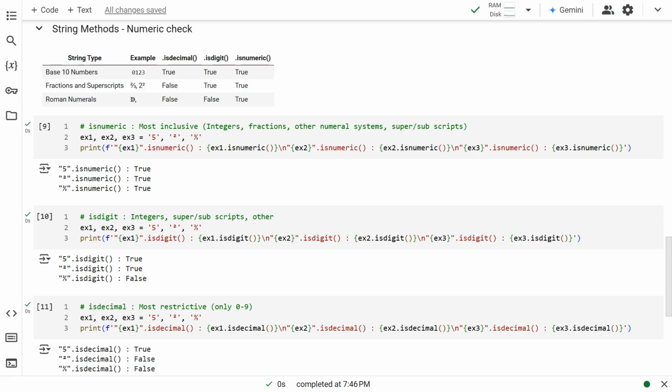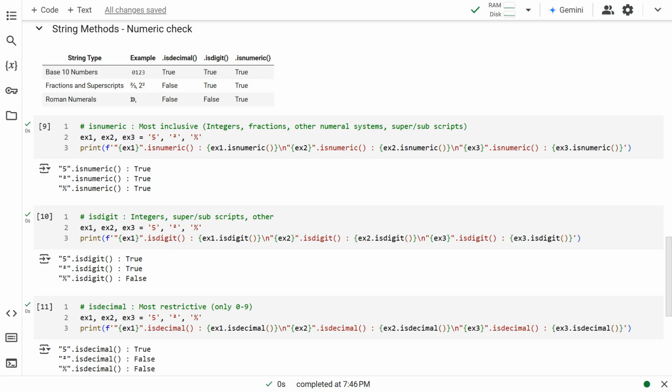The isdigit method recognizes fractions, superscripts, and subscripts. It does not recognize other numeral systems. But the isdecimal method recognizes only base 10 numerals, that is, the digits 0 to 9. The isdecimal method is the most restrictive of the 3 methods.